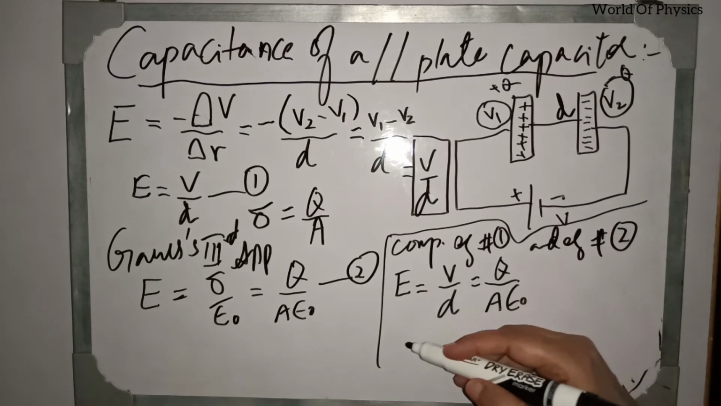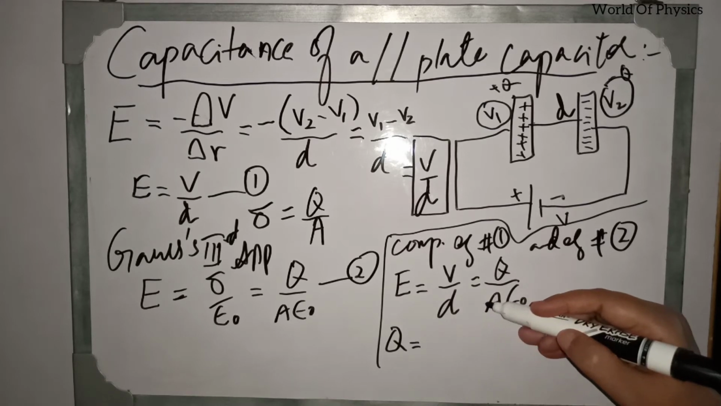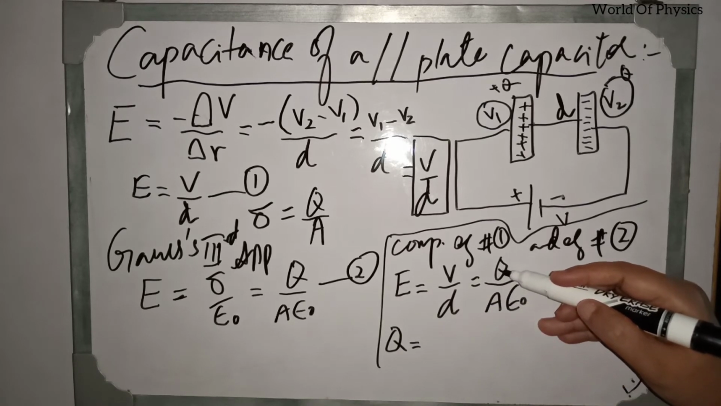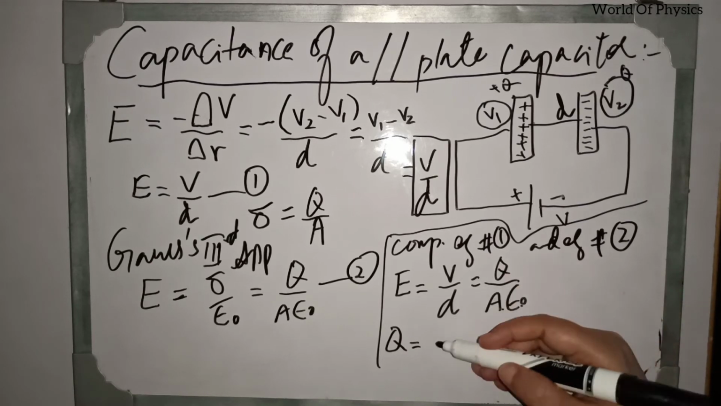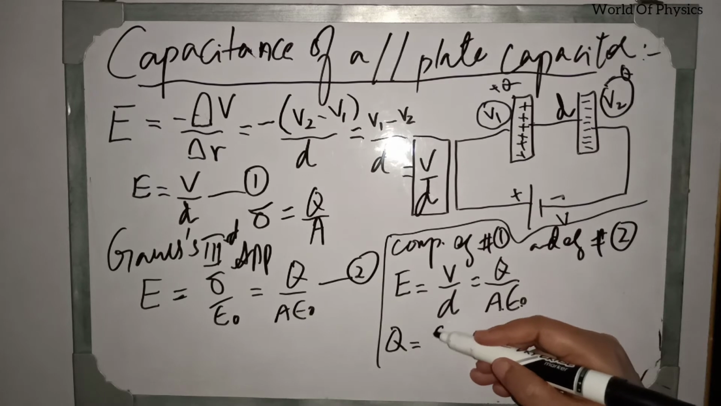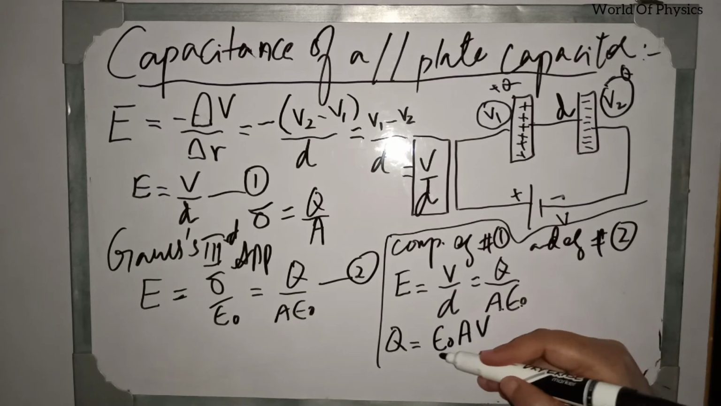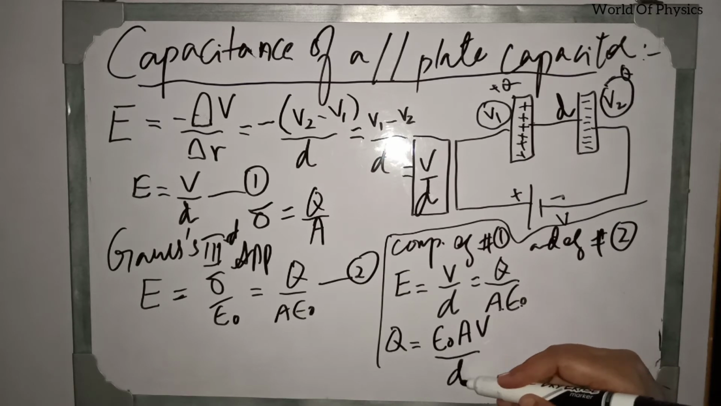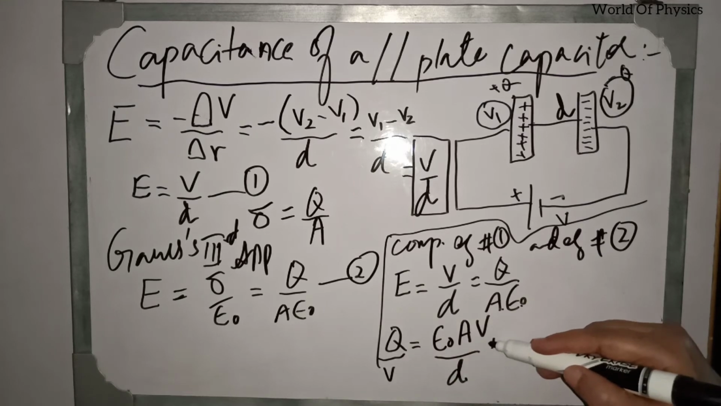By using this, we can find out the value of Q. By cross multiplication, if we take the value of Q, then A and epsilon naught will be multiplied with V. So Q is equal to epsilon naught into A into V divided by D. This is the value of Q. If we divide by V on both sides,